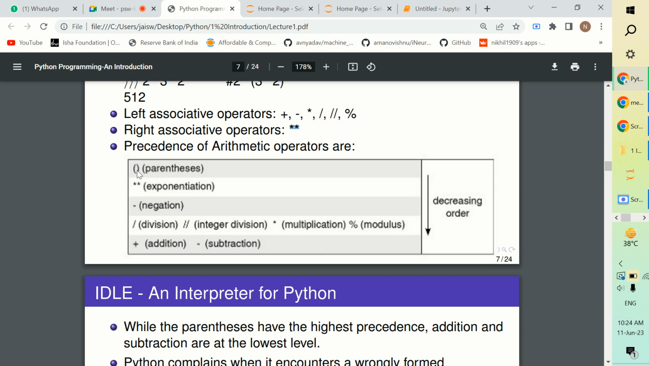First of all, the expression inside the parenthesis will get solved. Then all the exponentiation operations will get solved. Then all the negation operations will get solved. Then division, integer division, multiplication, and modulo all solve at the same level. For example, if I have a large expression, let's say,